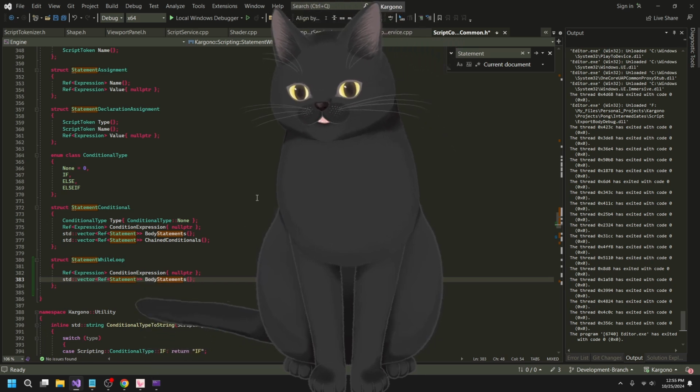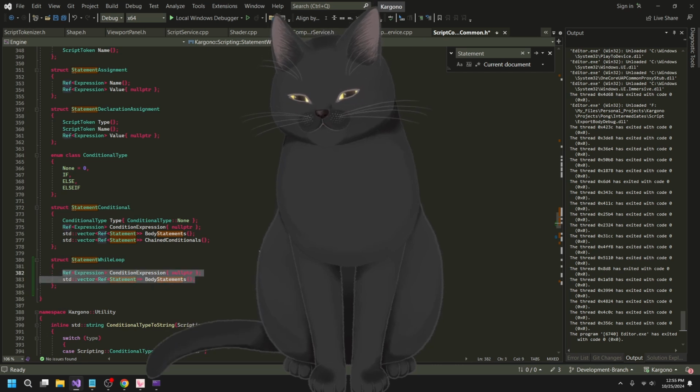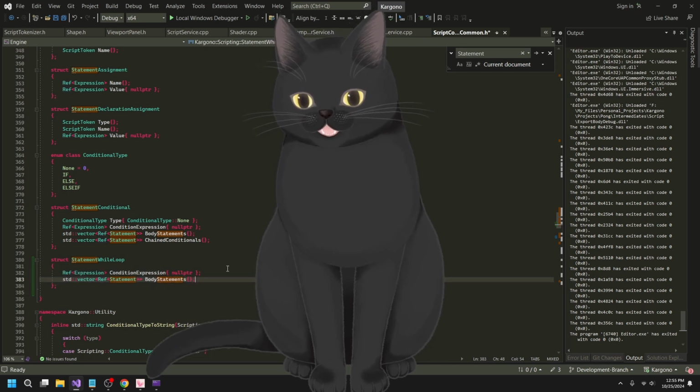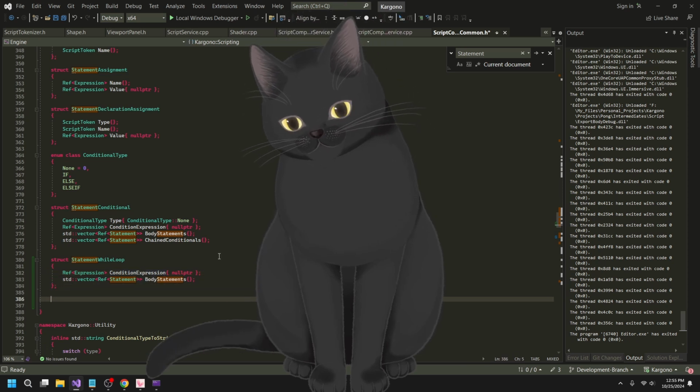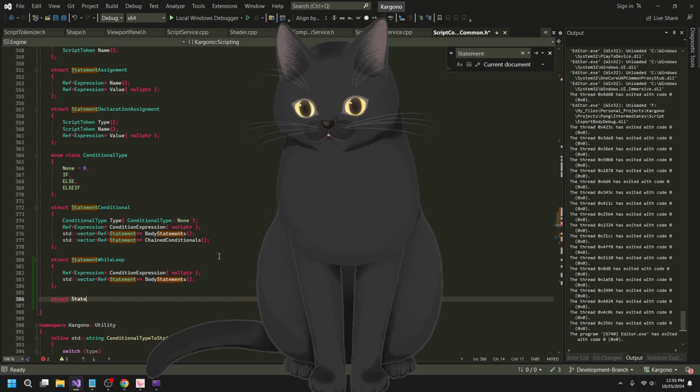Okay, so as far as I can tell, this is all that's necessary for a while loop. We're just gonna have a series of statements, and then we're just gonna have a conditional expression, and that's it. And I guess while I'm here, I might as well go ahead and add the break. Break.